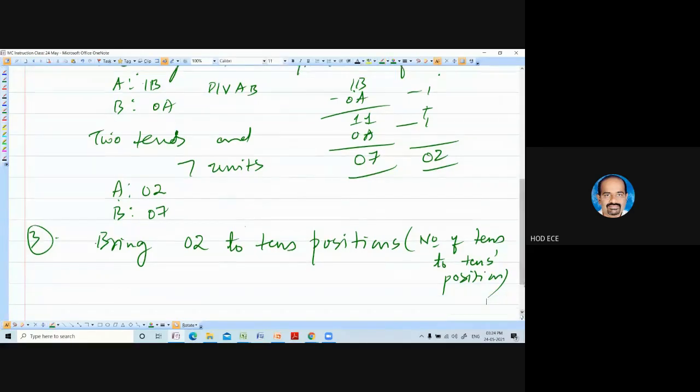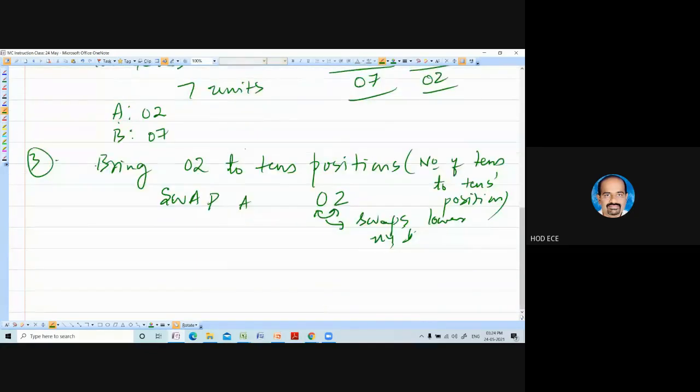So using the instruction SWAP A. What does SWAP A do? It swaps the lower nibble and higher nibble. So you will get 20.